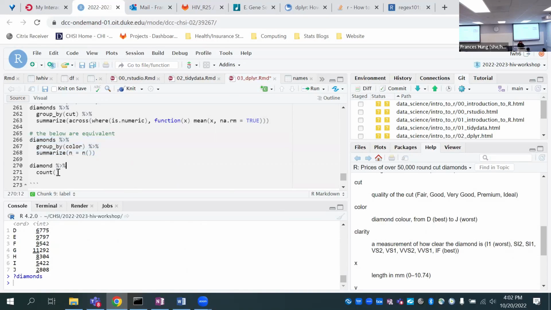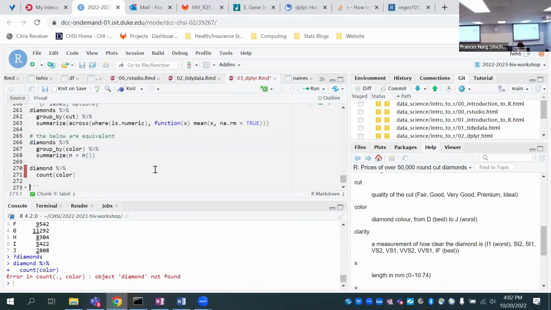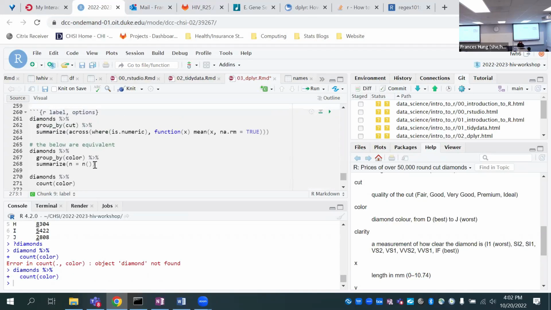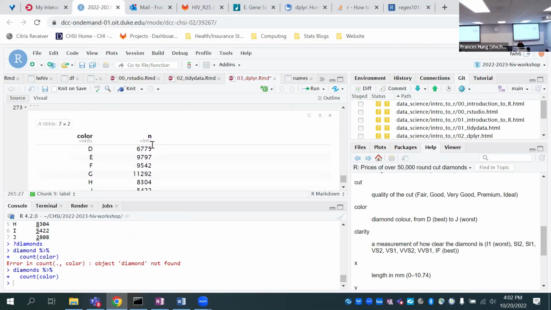Another way of doing this is by using the count function, which is just shorthand for the above: group by color and summarize n equals n.